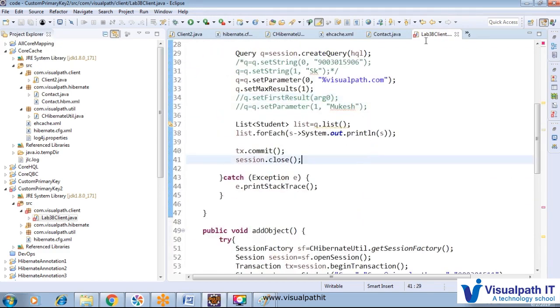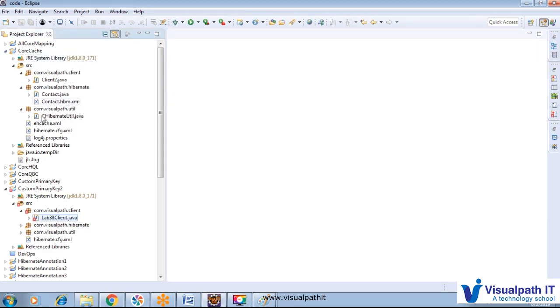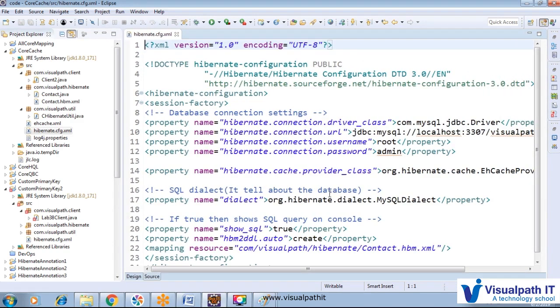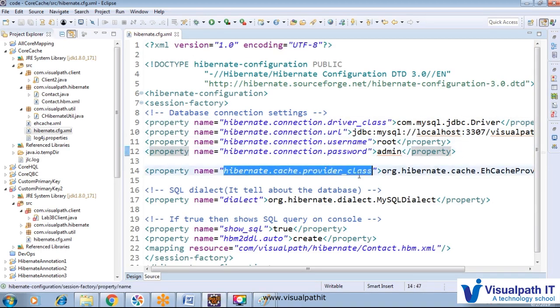So we change this. Just close all. So I have a query cache here. Quickly we will look at how we can achieve this functionality. So we'll go through the hibernate.cfg.xml. You will not find many changes here, only a few related changes you can find. Here we are just providing the driver class, URL, username, password, and we will just register this thing for cache.